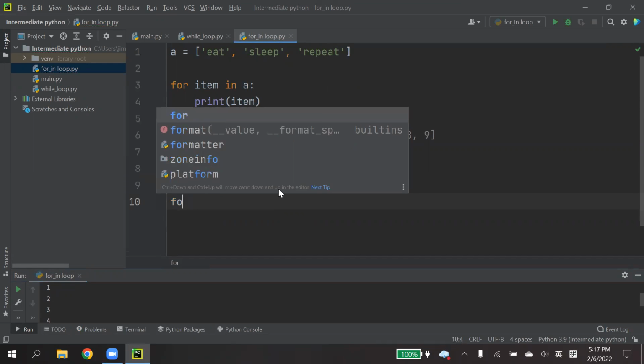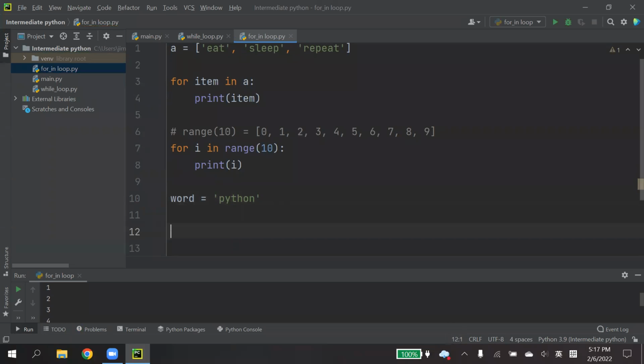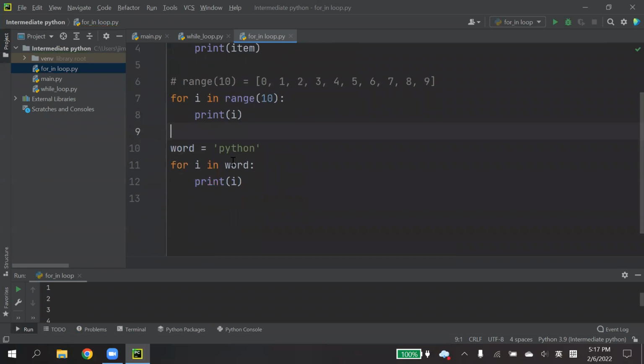Or if you want to step through a string, for example, if I have a word, let's say it is Python, and I want to step through this string, like this: for i in word. The word is a string. If I print i, it will represent each character.